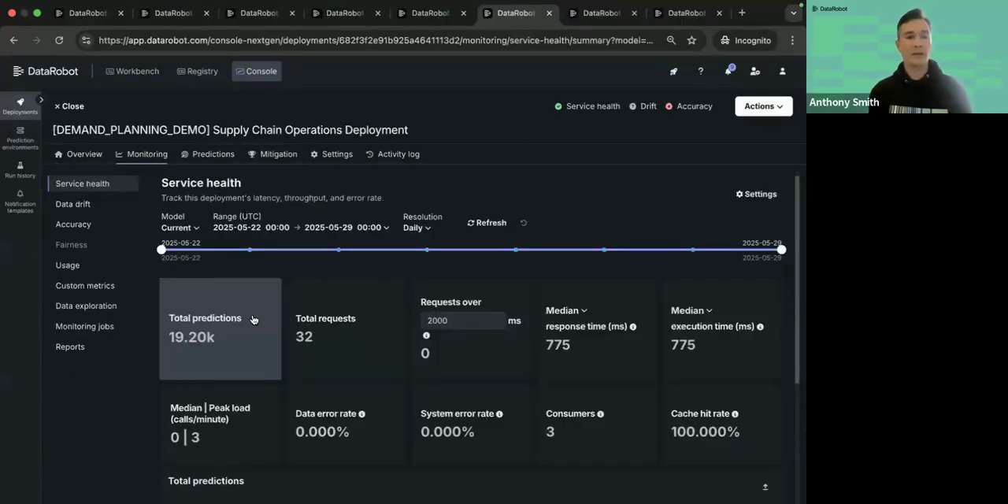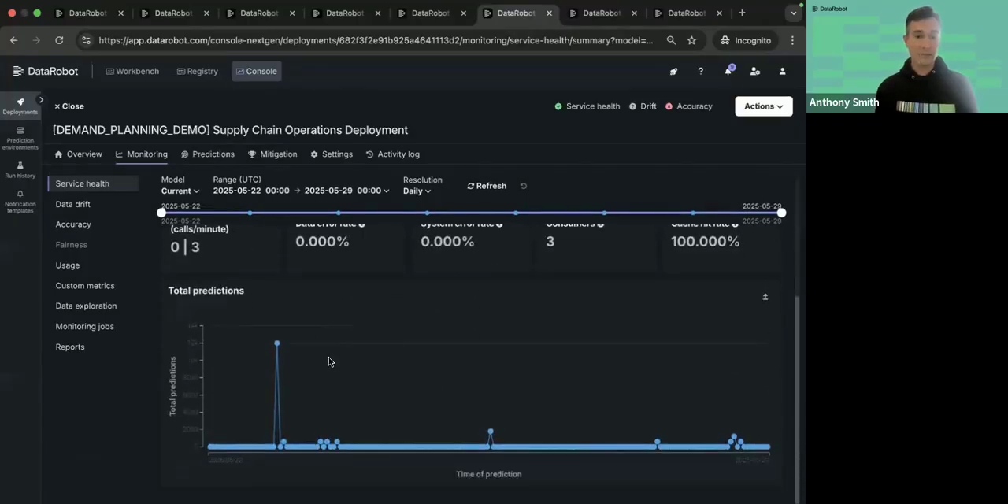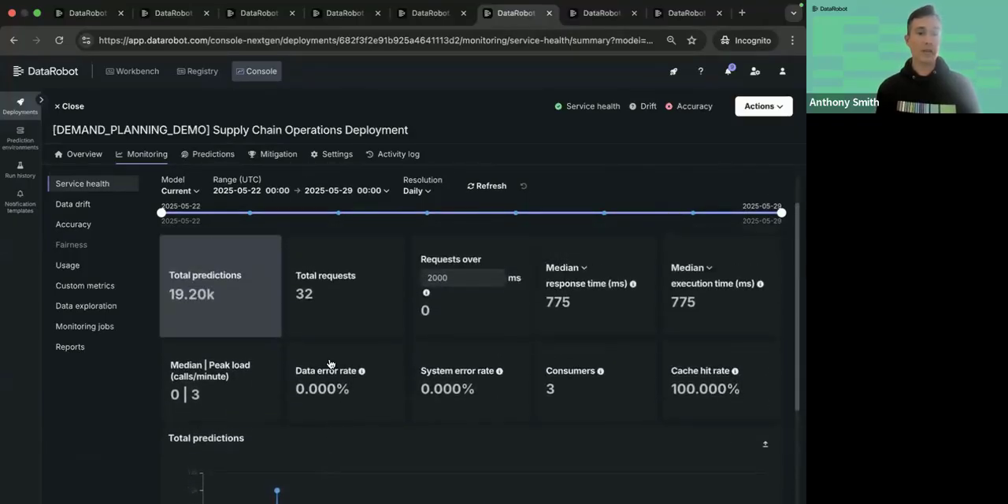One of the other things is that we can have a look at the really detailed monitoring capabilities. So this is an MLOps dashboard that you can adjust for different time periods, but we can have a look here at the service health where we've got almost 20,000 predictions. Those have been submitted through 32 individual requests. The average response time is 775 milliseconds. So there's a lot of information we can see to get a good view of the usage and the health